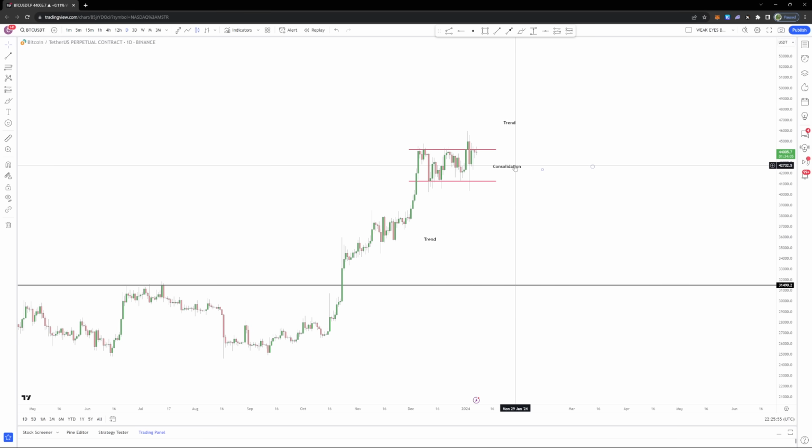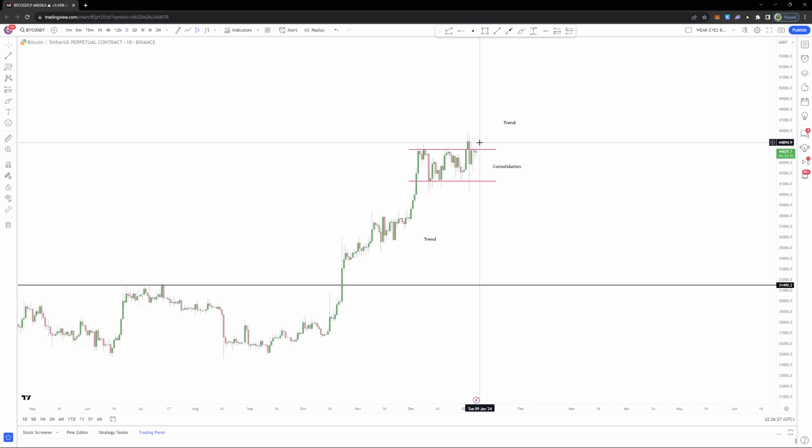We do not expect that to happen. Certainly not after a significant length of consolidation. We do not expect to drop back into this zone. So we've got two things here. Number one is that we shouldn't be in a position based on that breakout. If we did take a position based on the breakout, we should be out of that position now because we're invalidated. And secondly, we now need to wait to see what the response is. If this breaks out again, then I suspect it's still an opportunity you would want to take to the upside. So you would still want to play into it. But